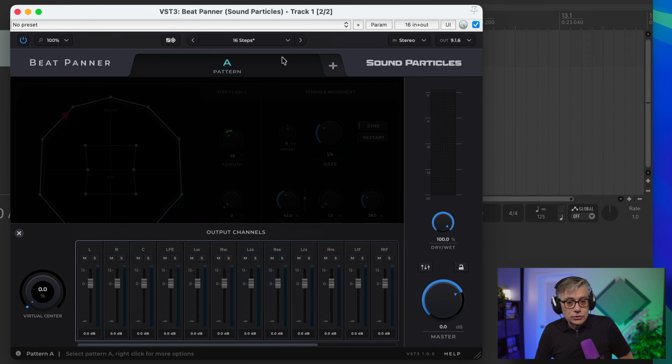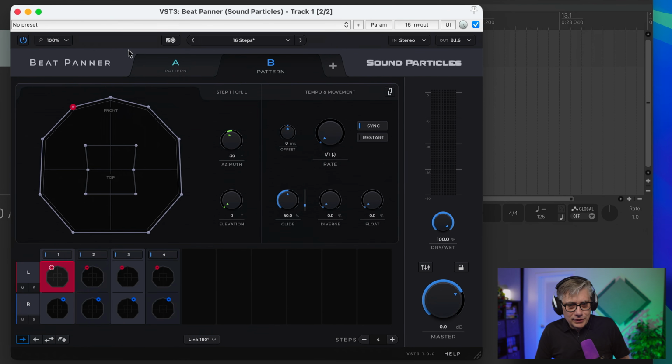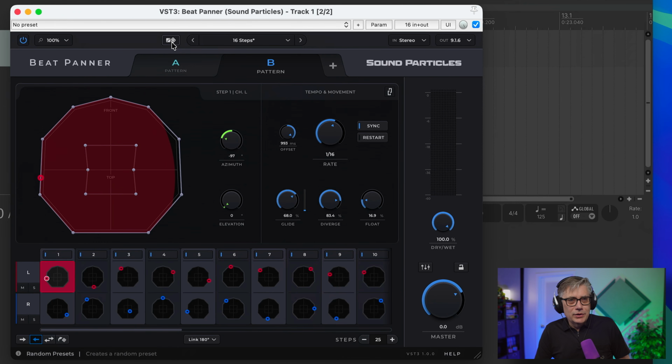Now we do have the option to have multiple patterns, and we can switch between them rather quickly by just going from one to the next. That will allow us to switch between patterns in one instance of BeatPanner. And then one final thing, if you have no clue what you're doing, there is a randomize button that allows you to populate the plugin with random parameters. In order to demonstrate, I probably need to close the mixer view here. And this is the randomize button. If I click on that, it's going to simply randomize all the settings, and this works actually reasonably well. This is usually a good starting point, and then you can fine-tune everything.